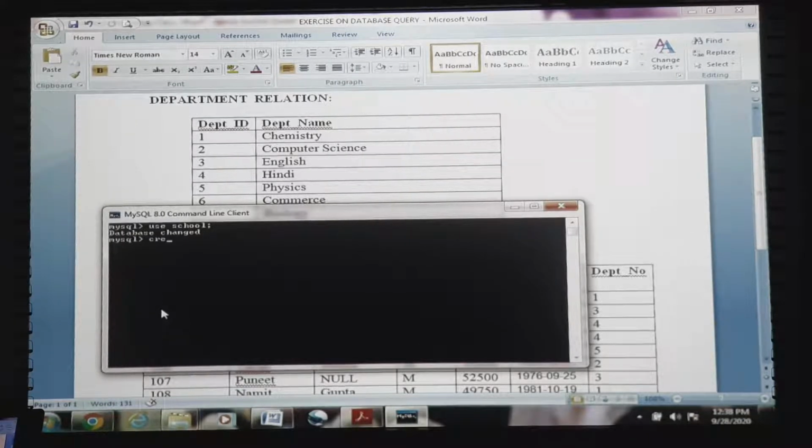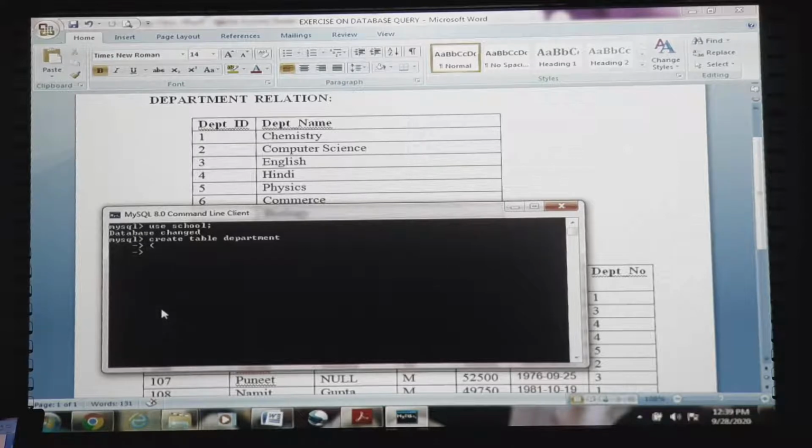Now inside this school database we are going to create the first table, that is department. So how can we do it? Create table department. So we are creating a table with the name department, inside which two attributes are there. The first one is department ID, which is a primary key, and then department name. Department ID is a primary key and it is of integer data type, so we will describe it as integer, while department name will be considered as a variable character data type. We will also declare department name with the not null constraint, because this field cannot be left blank.